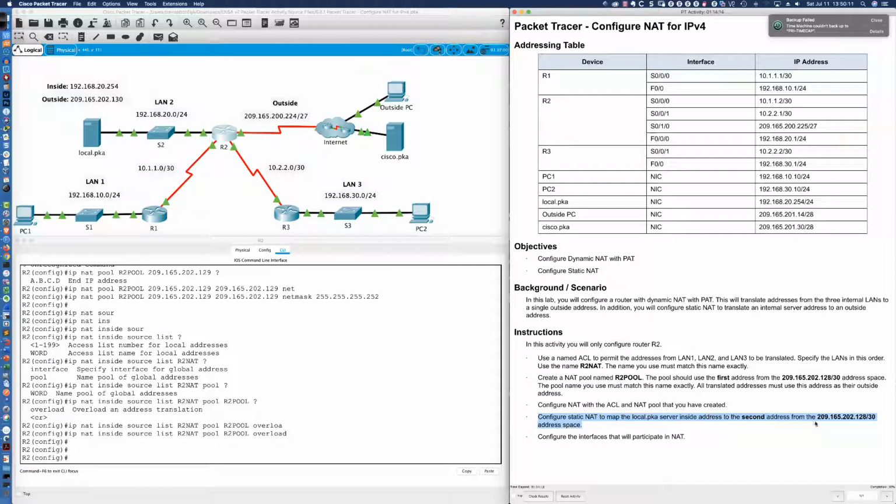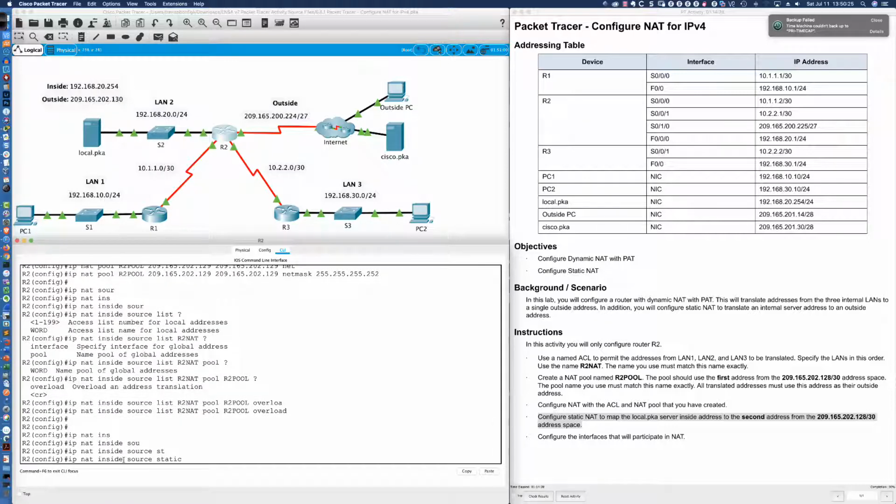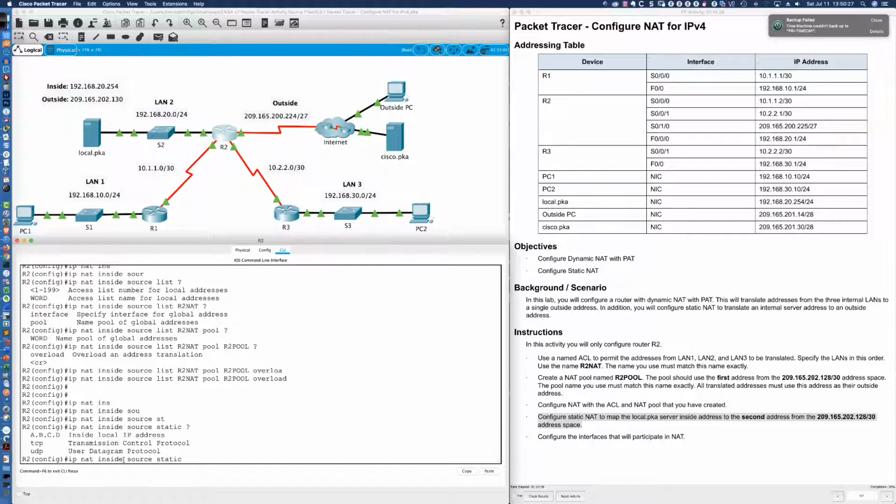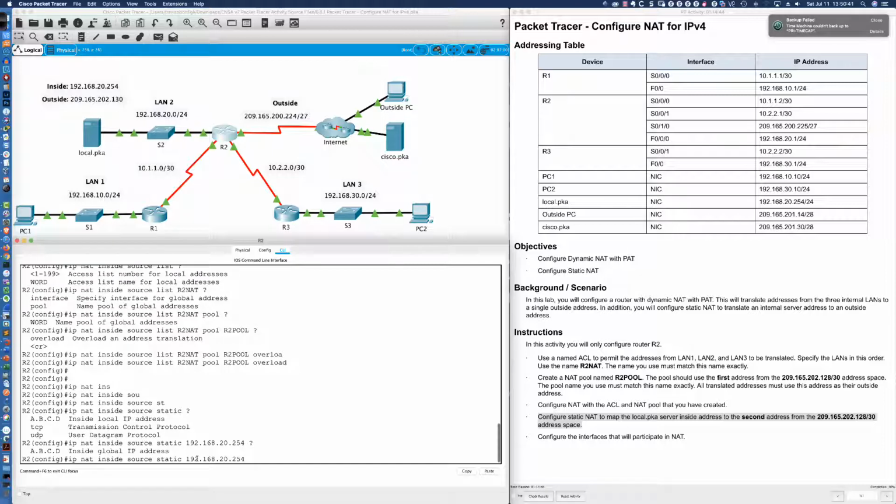Like, okay, well, now I've got to figure out what's that next IP. Well, I can just look right up here and see that. And again, the static NAT is the easiest of all the NATs to configure, right? So we're going to say ip nat inside source static, and then we do the inside local address, right? And you can see, I love how they do this when you have the context sensitive help. It says inside local IP. So what is the inside local IP we're using? Well, it's right there, 192.168.20.254. And then my inside global IP address.